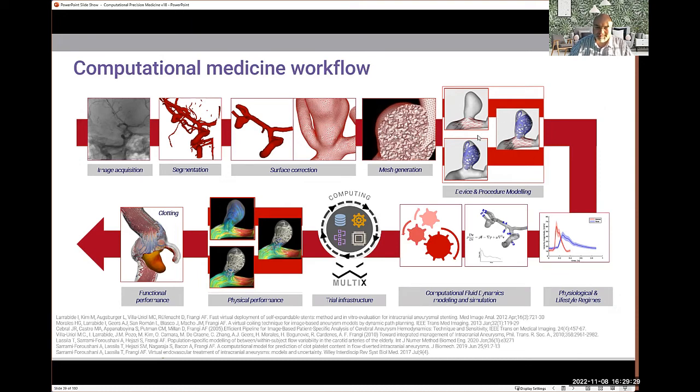Then we need to have algorithms for deploying the devices themselves, models for modeling physiological regime. We need to solve the Navier-Stokes equations that ensue from this process. And then we have virtual images where we have physiological simulations. But it's not just flow. We also have a subsequent biochemistry model that provides,